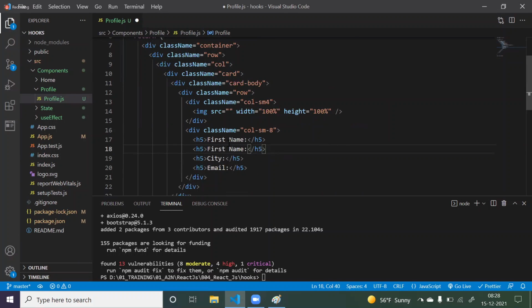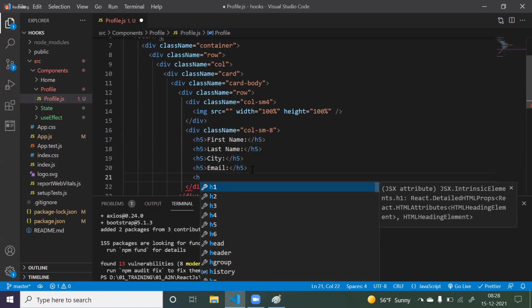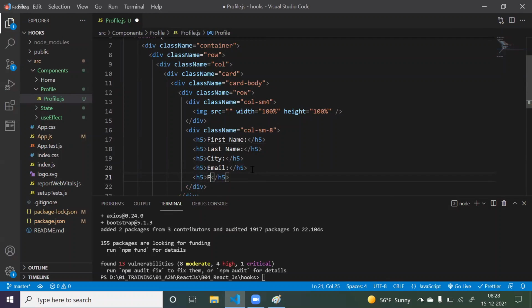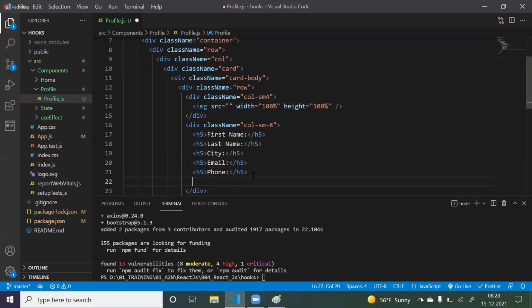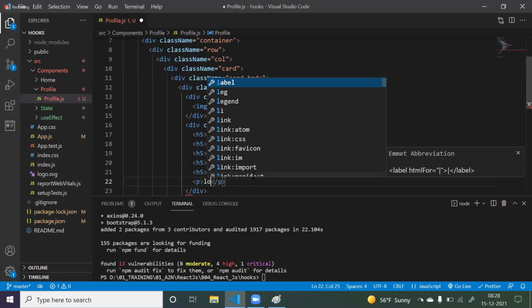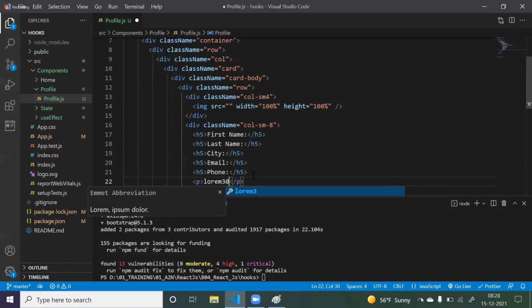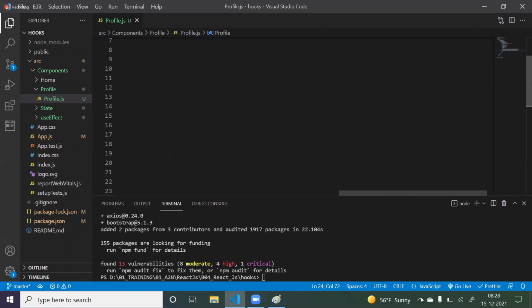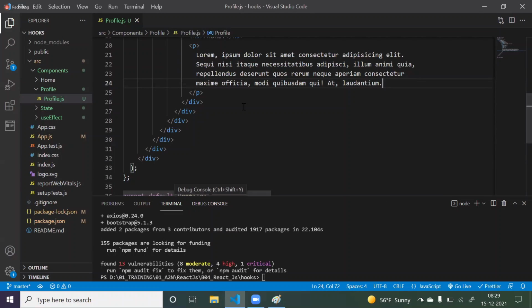Now you can display whatever data you get from that API: first name, last name, city, email, or something like phone number. And I'm just displaying one random paragraph, and one button.